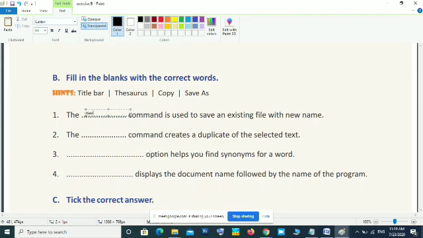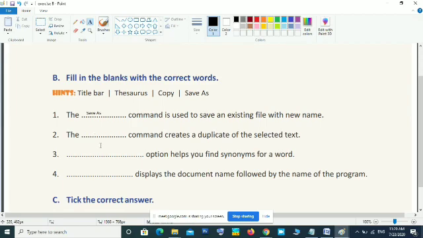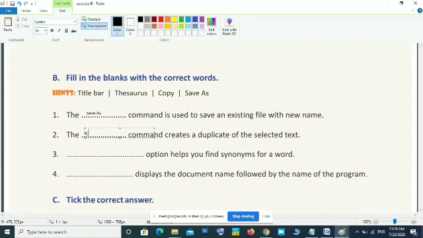So this is save as. The next one, the dash command creates a duplicate of the selected text. Copy. Copy command makes the duplicate of the selected text. Copy is the answer.